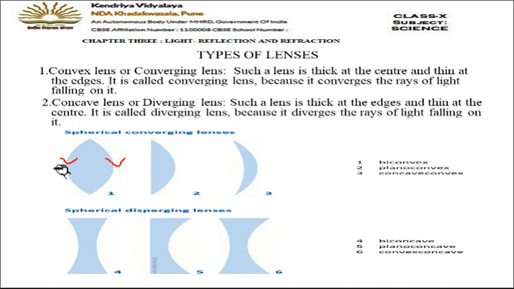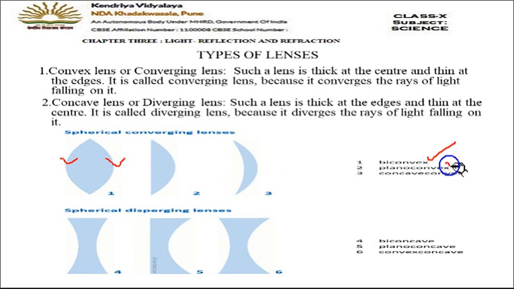So the first one is called biconvex. Biconvex means both the sides, both the surfaces, are of convex shape. So it is called biconvex or simply convex lens. You can see the second diagram now. In the second diagram, it is written